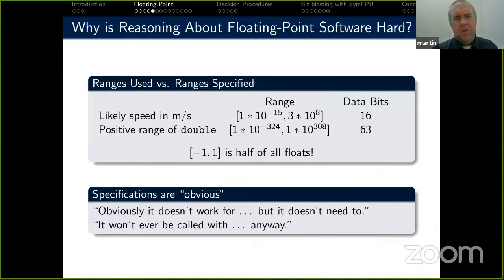It's not quite up to the number of atoms in a star, but it's a horrendously big number. So the reason that floats have all of this extra accuracy and extra precision is that it